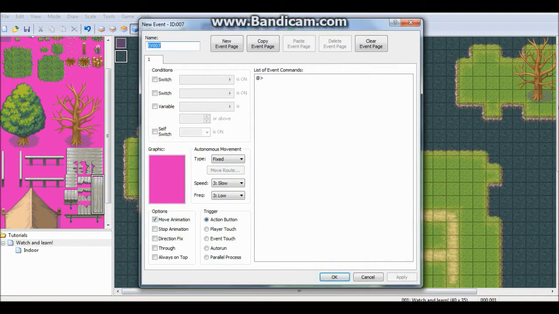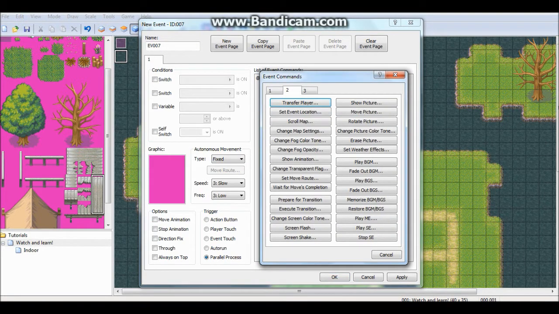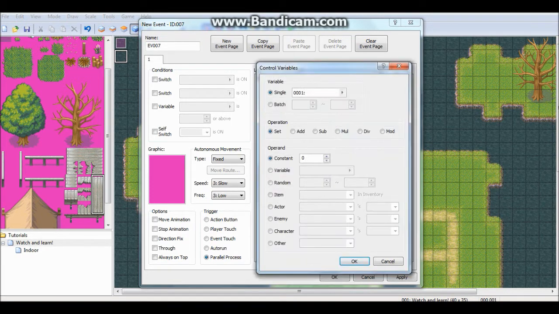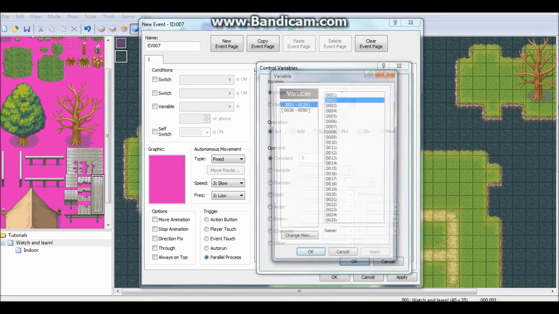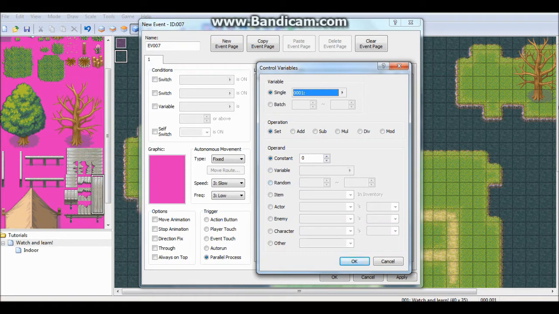I'm going to make an event right under the intro. It's going to be a parallel process. There's going to be no animation to it, just a little OCD factor of mine. And it's going to be control variables. We are going to use single one and